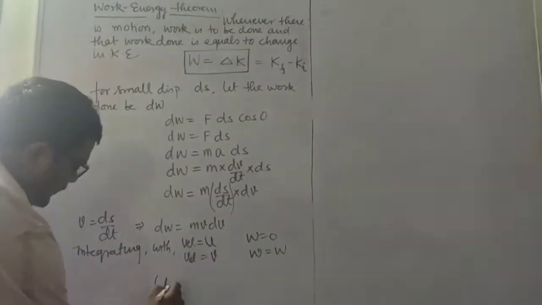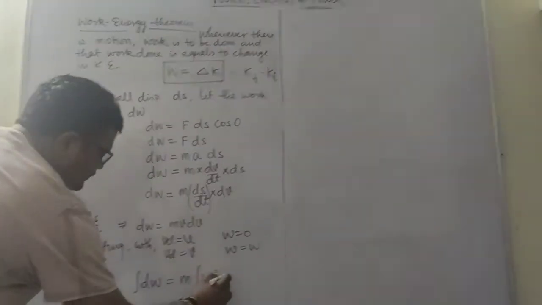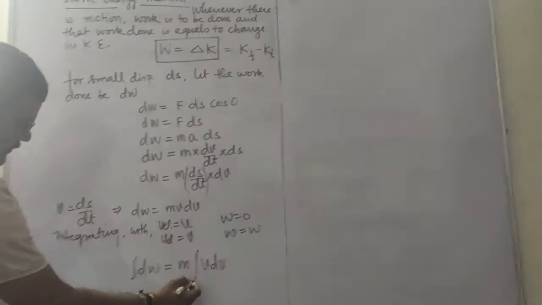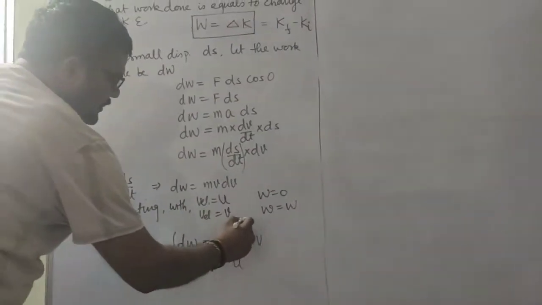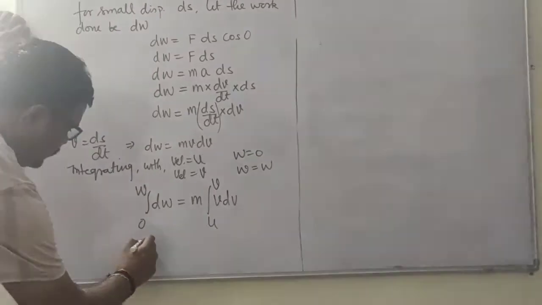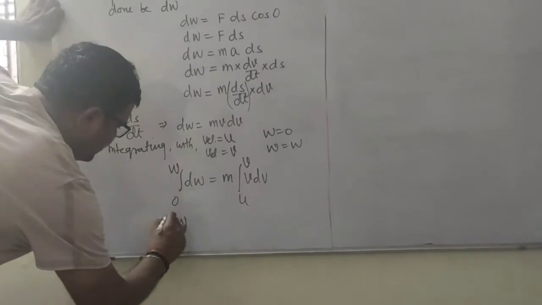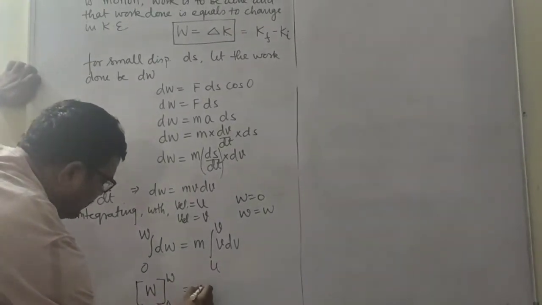Here dW is equal to m, which is constant, times v dv. Now integrating this, the integration of dW is W, with limits lower to upper, times m